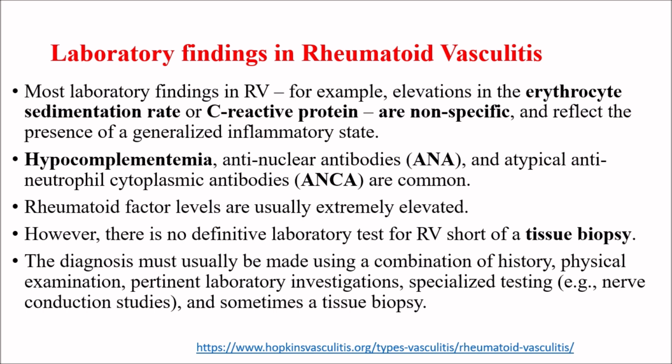Hypocomplementemia, antinuclear antibodies (ANA), and atypical anti-neutrophil cytoplasmic antibodies, as we call the ANCA, are common. The rheumatoid factor levels are usually extremely elevated. However, there is no definitive laboratory test for rheumatoid vasculitis short of a tissue biopsy. The diagnosis must usually be made using a combination of history, physical examination, pertinent laboratory investigations, specialized testing, and sometimes